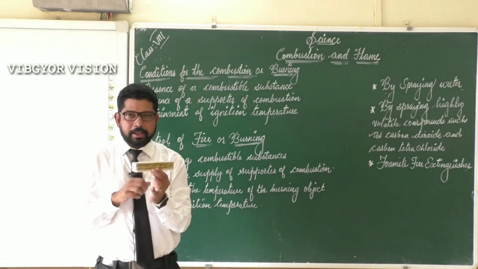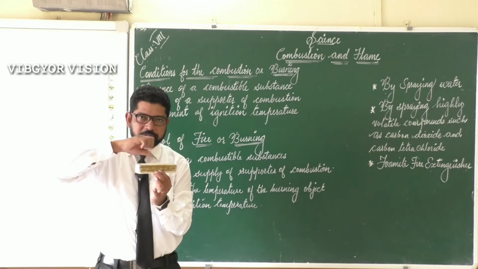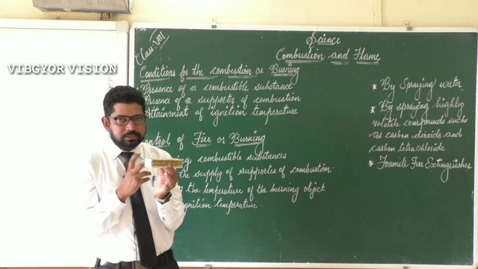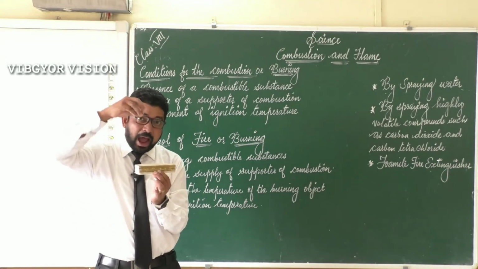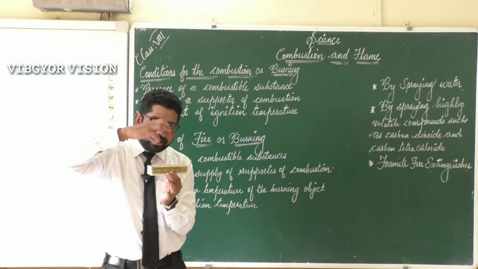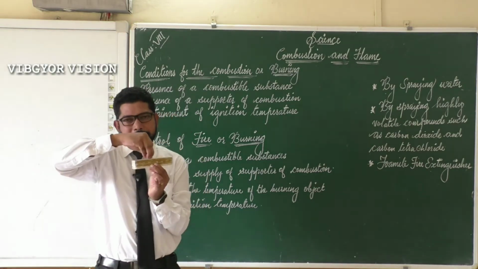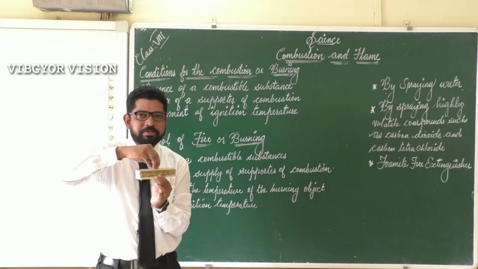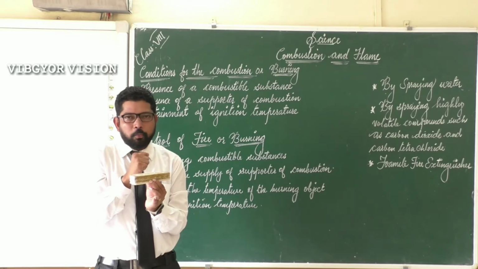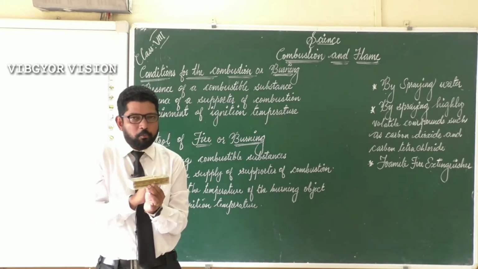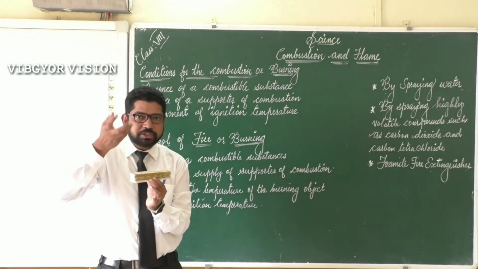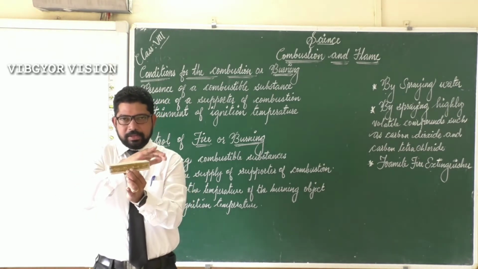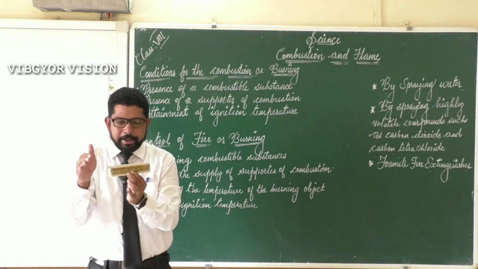This object is burning. So when we are adding water to it, first thing, its temperature lowers. That we have seen. In the second one, we are adding water to this burning object, and this object is at high temperature. So when the water falls on that object, liquid water will change to vapor. That means water will change to steam. That steam will make a layer around the burning object.